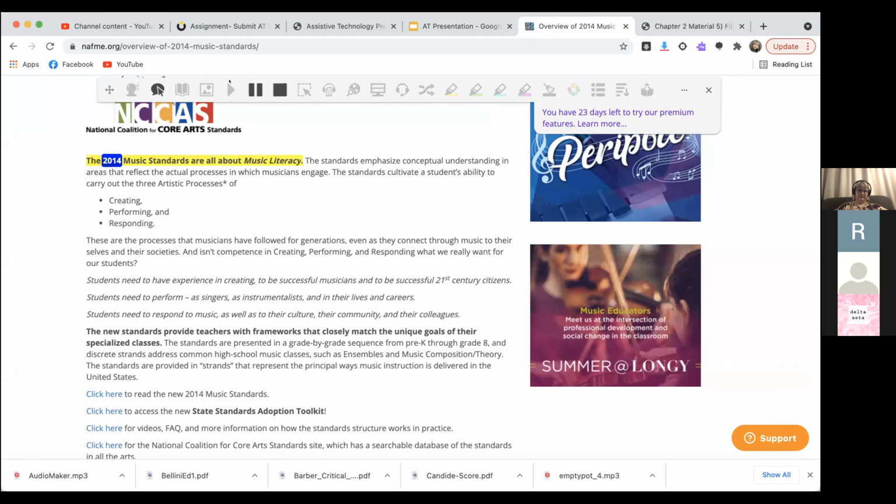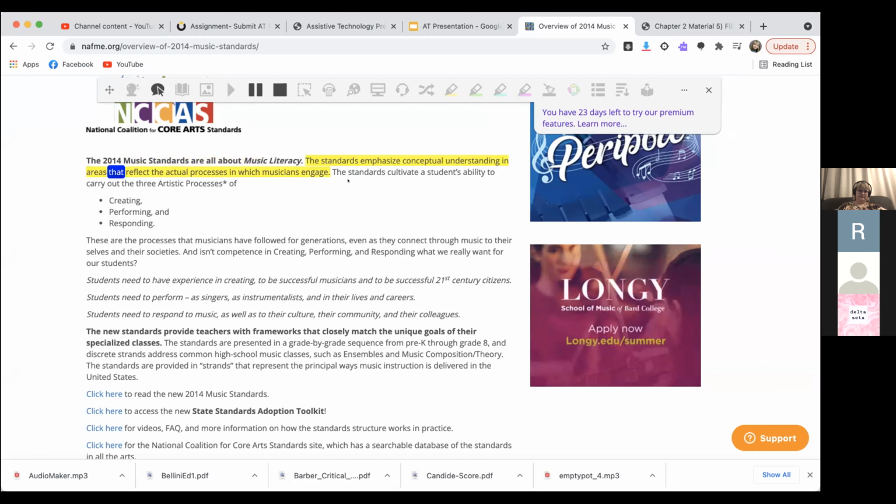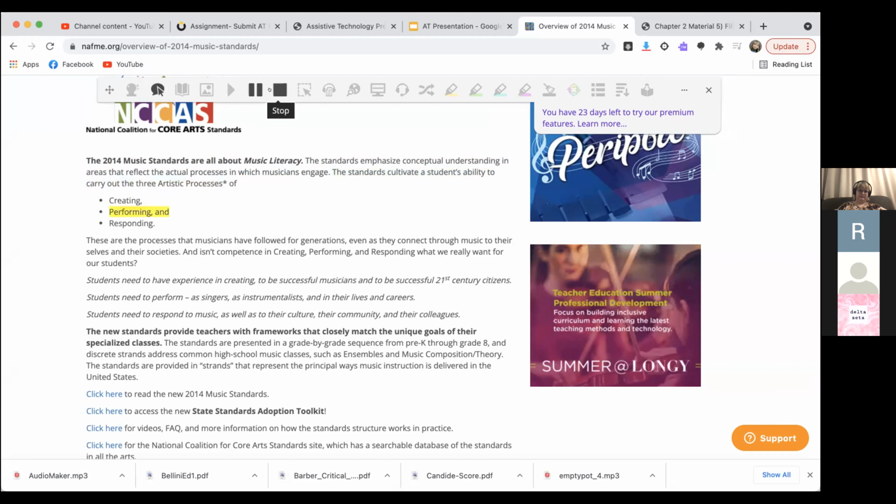The 2014 music standards are all about music literacy. The standards emphasize conceptual understanding in areas that reflect the actual processes in which musicians engage. The standards cultivate a student's ability to carry out the three artistic processes of creating, performing, and responding. These are the processes that